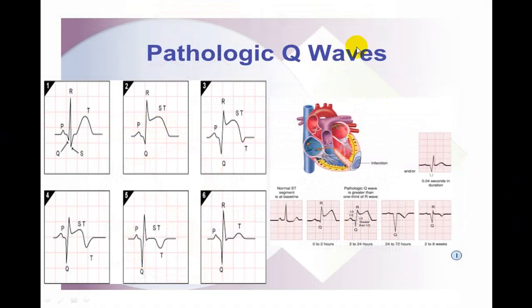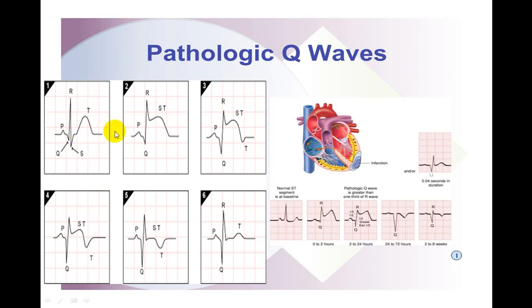Now you can see here how the Q wave evolves. This is a normal ECG. But if a person gets chest pain, in an early stage, when a person gets an acute chest pain, the T wave may be taller. You can see here the T wave is tall. If the amplitude of the T wave is more than half of R, this is significant, particularly when a person is having severe chest pain, which is suggestive of ischemic heart disease.